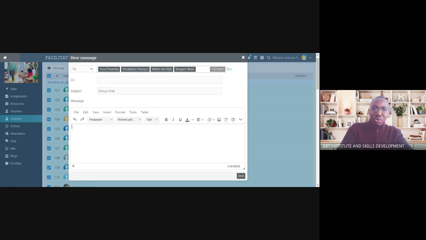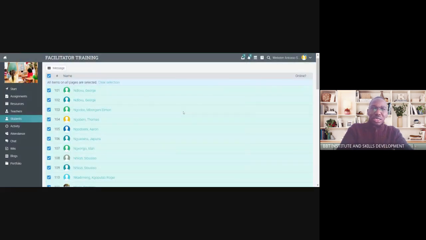Then type in whatever you want to send under the text box and click send. The message will be sent to whoever you have selected to be part of your new chat room. That's the quickest way to connect to individuals. Please do connect.